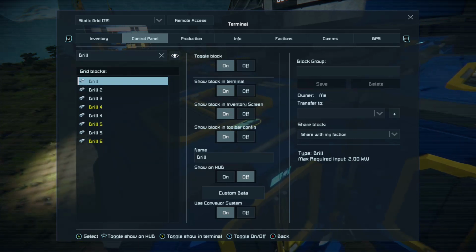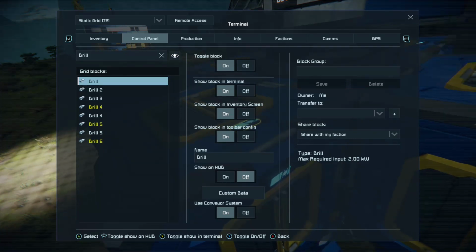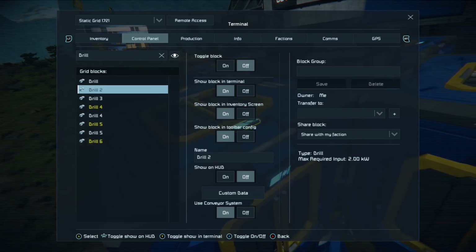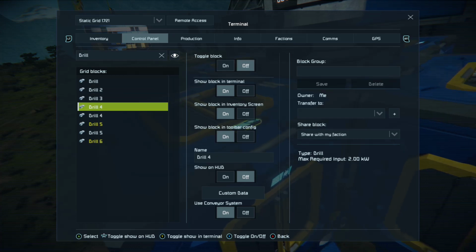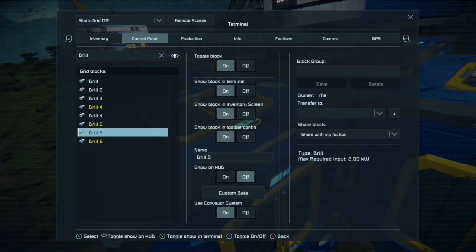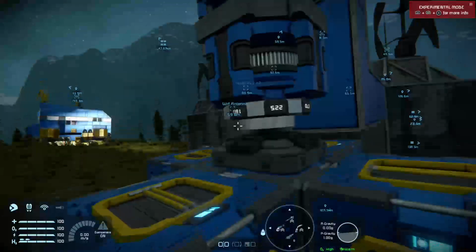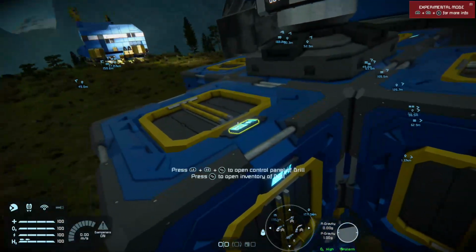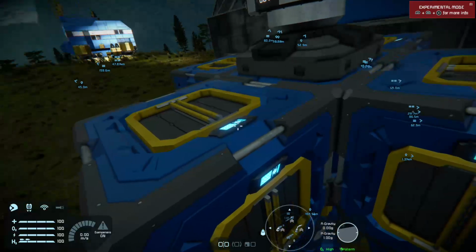It will change colour if it's on what's called a subgrid. And this is on a subgrid, but because I'm accessing it now from here, I can see which one. So I want to turn on this drill, this drill, this drill, and this drill. You can do this by pressing X over the object, and you'll see we are starting to shake quite badly, and that's without the piston extended or the rotor turning.